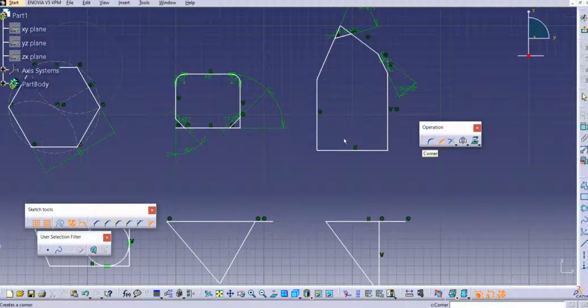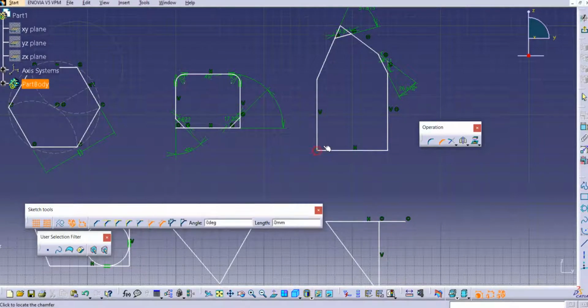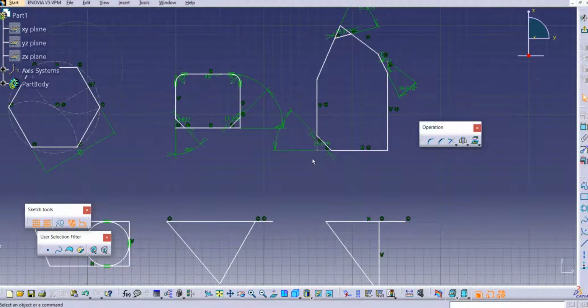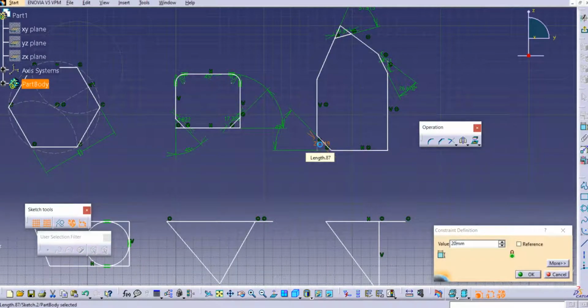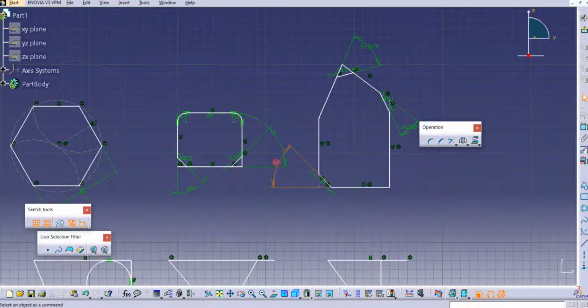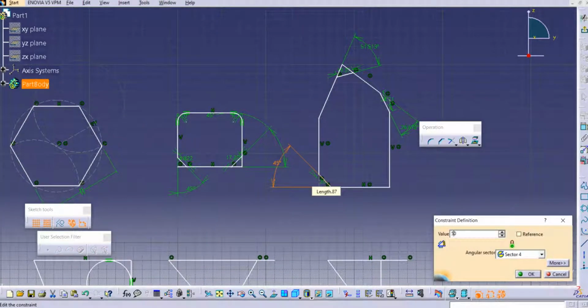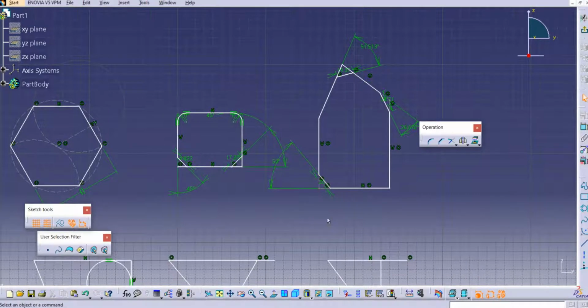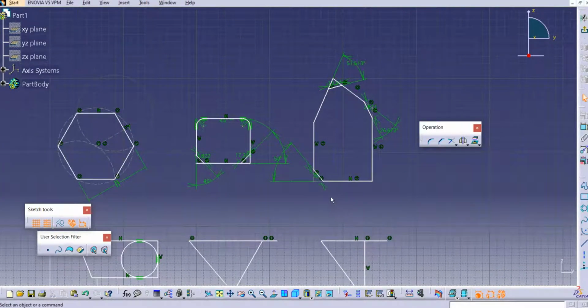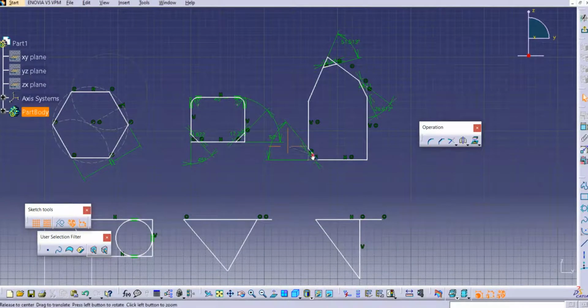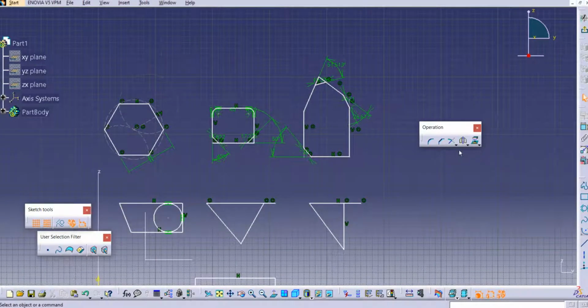Select the last option, chamfer, and we have our last option selected, that is construction lines, no trim. We will select this point here, and it will create a chamfer over there. You can provide this angle and the dimension. Let's say it's 20 mm, and here the angle I will change to, let's say, 50. So in this way you can create the chamfer and the corner for the elements. Next we'll see the trim.